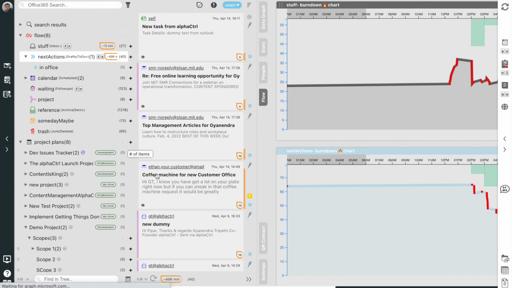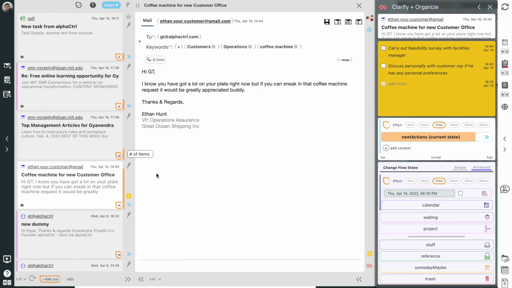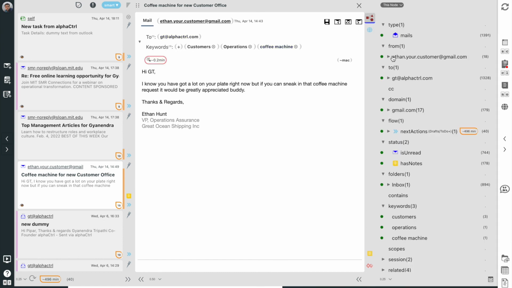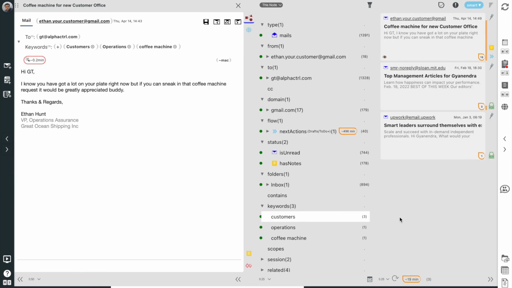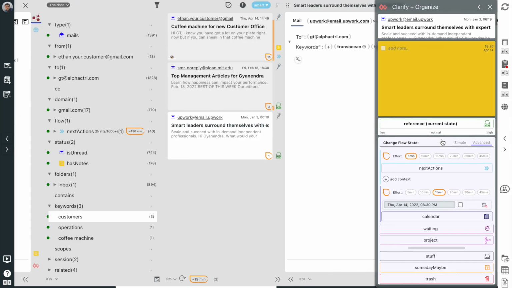So if an email, say like this one, is connected to a bunch of keywords, and people, and projects, I can see all its connections by clicking this button, and then discover all other emails and files connected to said keyword, people, or projects via simple graph navigation.